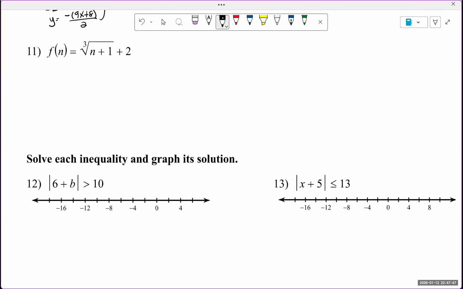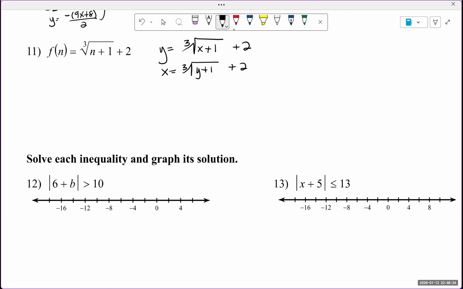Number 11. Okay, we see a cube root. We know that cubing is going to be part of the inverse, and we're also guessing subtraction is going to be part of the inverse, but it's hard to predict with so many steps. So let's change it to y equals, and I'm going to go ahead and change it to x. Notice the +1 is inside the root, the +2 is outside. Switch the x and the y